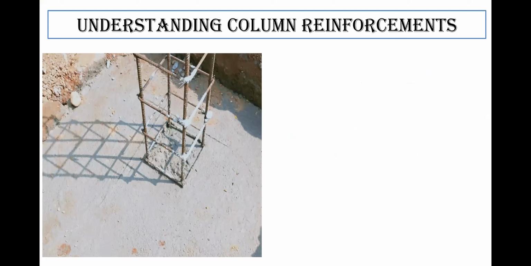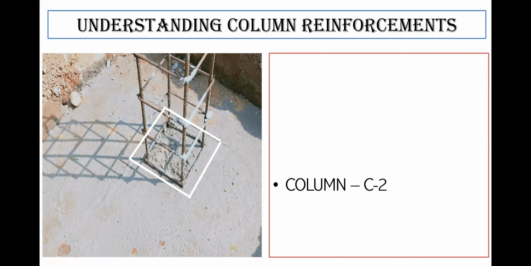So this is how your column looks. Okay, so this is a column, and they have done the marking for keeping the column starter. If you remember, we had covered up to column starter, and they are doing the marking for the column box to be kept here. So this is a dimension of a column, and we'll try to see this.